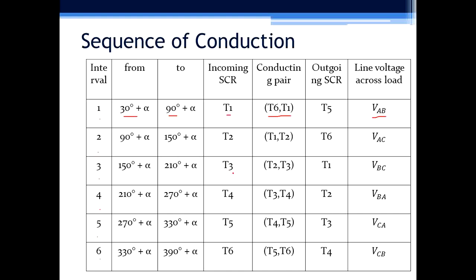So we get an output voltage which has 6 pulses. This is the first pulse, second pulse, third pulse, fourth pulse, fifth pulse and sixth pulse. That's why this operation is also called 6 pulse converter operation. The ripple frequency of the output is 6 times the frequency. That means when the input completes one cycle, the output completes 6 cycles. If the input has a frequency of fs, the output would have a frequency of 6 times fs.